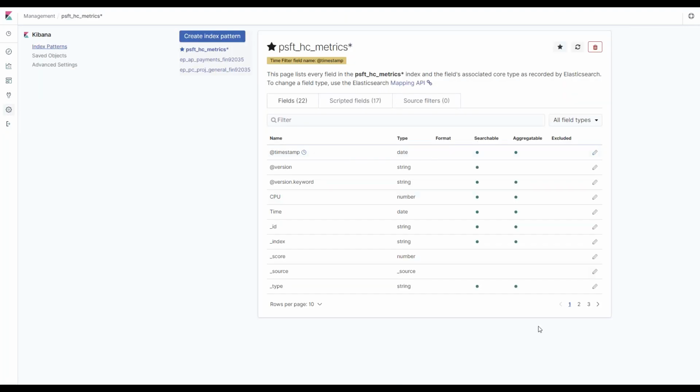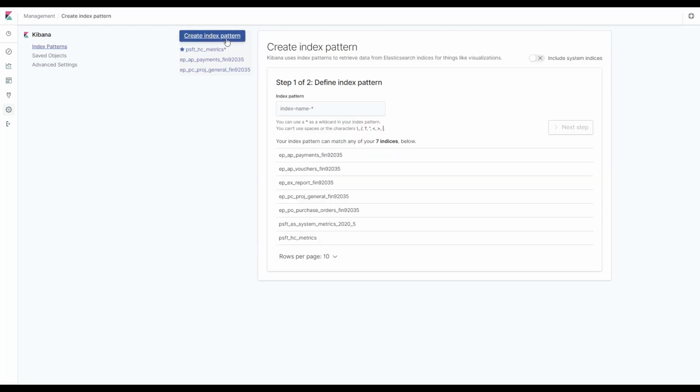If you recall earlier, I showed this slide. This is where we create an index pattern. To create an index pattern, you're going to click Create Index Pattern, and then you will see a list of the search indexes that are defined in PeopleSoft and have been deployed. As part of the configuration and setup, we've made that communication between PeopleSoft, the Elasticsearch server, and the Kibana server. So it's able to pull this information in.